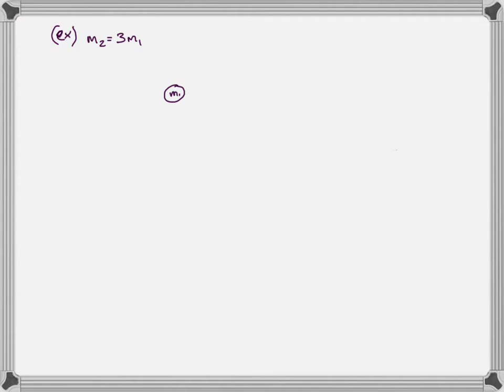Let's say that we're doing physics experiments in a lab and we want to explore different kinds of collisions. So let's say that we get an air hockey table and we get these pucks, which are of different mass, and we start colliding them and measuring their velocities, etc. So let's say we've got two pucks, one M1 and one M2, and they're on a frictionless surface. And let's say M2 is 3 times M1, and